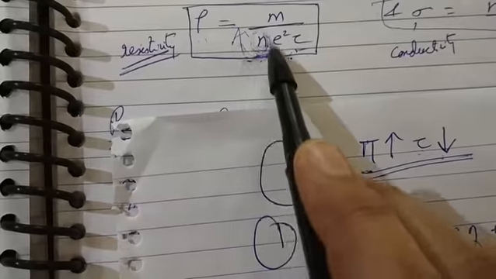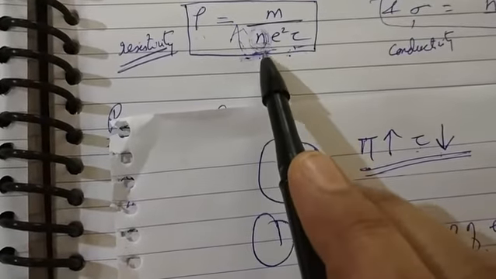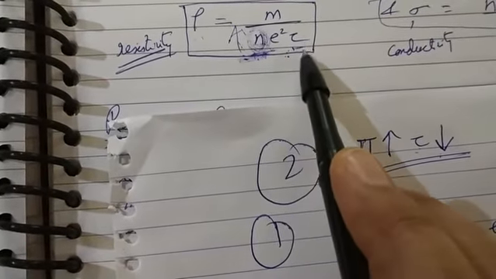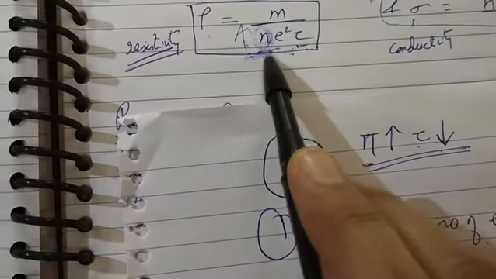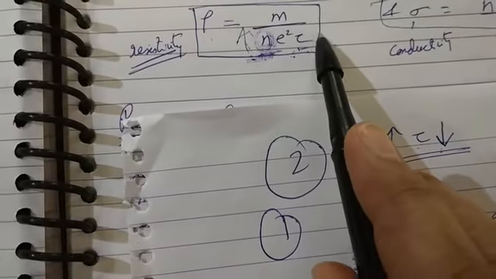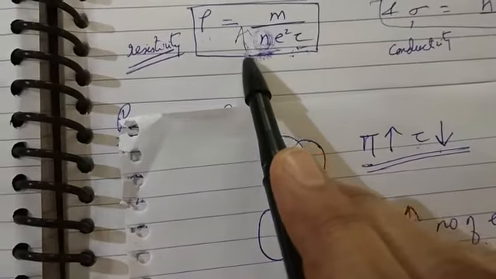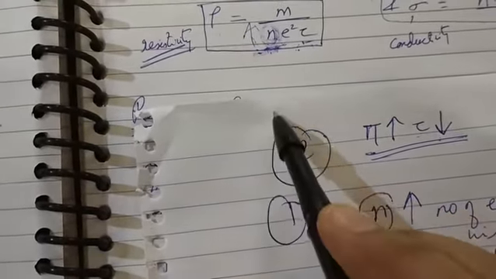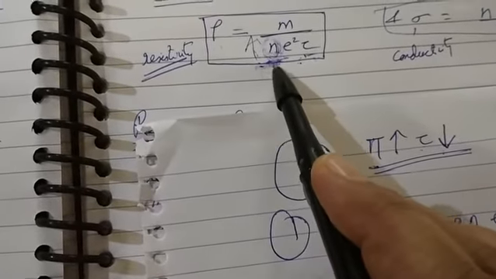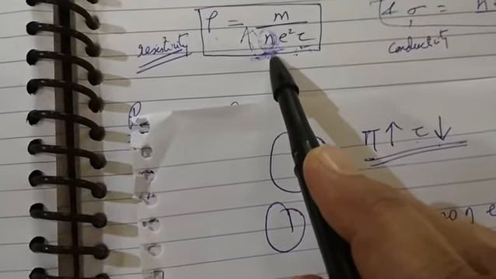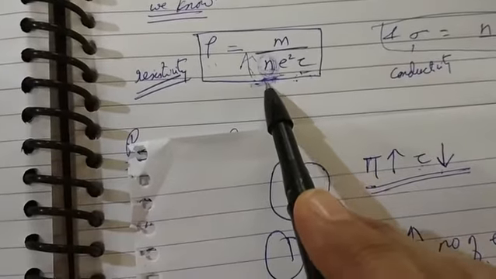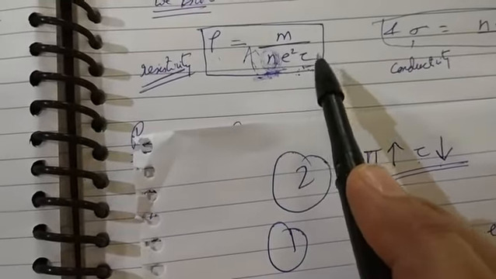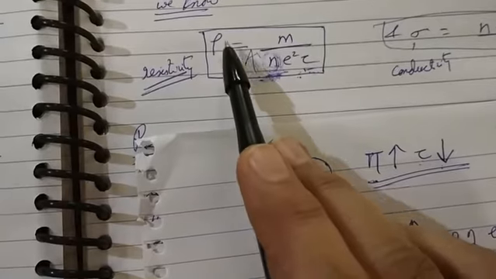Number of electrons produced are very large as compared to this decrease. So this increase is very large and this decrease is less as compared to this one. So there will be net decrease in the resistivity. Okay, so N is very large. Number of electrons ejected by the atoms are very large as compared to the decrease in tau. So there will be net decrease in